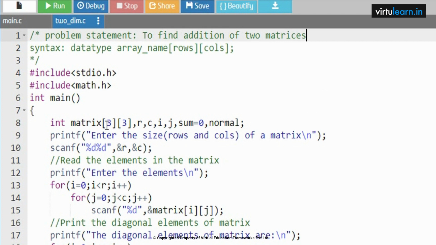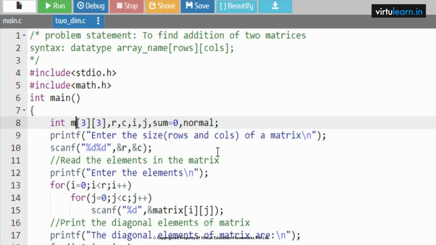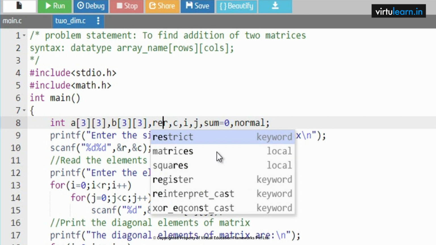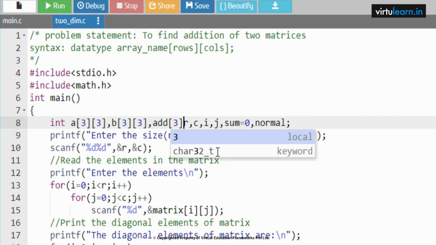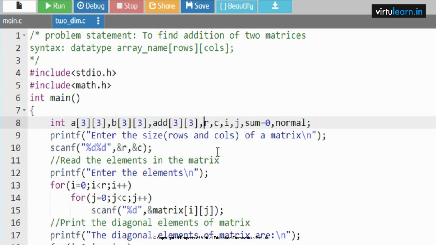Now here I am initializing the identifiers. I am initializing the matrix A, and another matrix B. Next I am taking rows, columns, and I require one more resultant matrix where I am going to store the addition result, that is the addition matrix add. I don't require some of these variables, which I am removing. So I have initialized identifiers A, B, add, R for rows, C for columns, and I and J